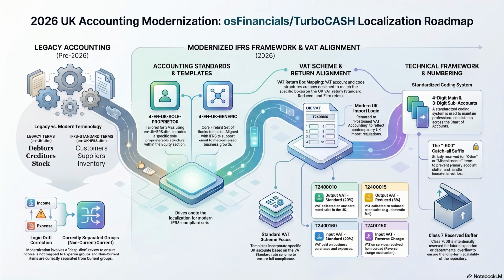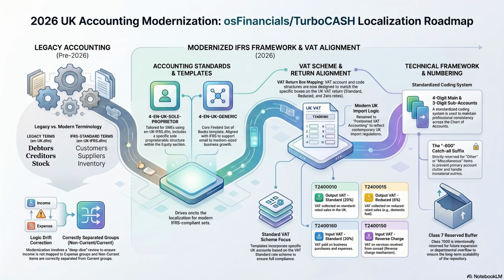Automatically. But the UK tax code is notorious for its exceptions. So right below that, the template provides T2400015, which is designated for output VAT, reduced rate at 5%. What kind of transactions trigger the software to route money there? The 5% reduced rate applies to highly specific legislated categories. The most common examples are domestic fuel and power, or the installation of specific energy-saving materials in a home, or certain types of mobility aids for the elderly. Very specific thing. Very specific. If a business happens to sell these items, the software isolates that 5% tax into T2400015, ensuring it never gets mathematically jumbled with the standard 20% rate.